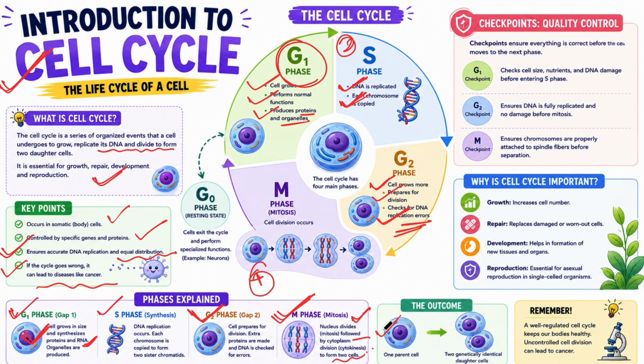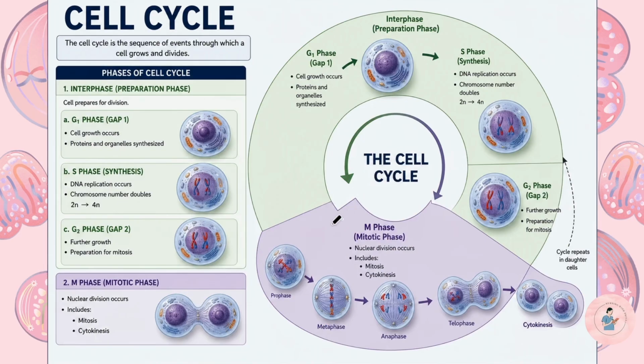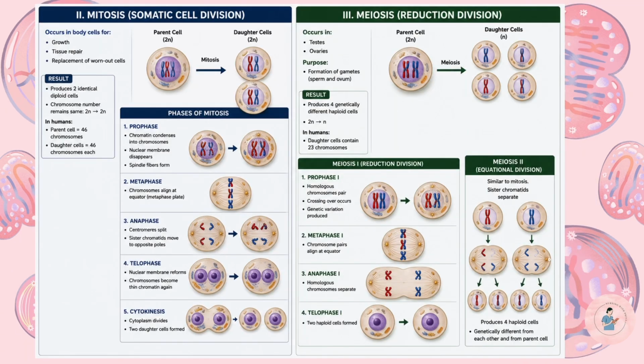The outcome is that from one parent cell there are two identical daughter cells. The first one is prophase, second one is metaphase, third one is anaphase, then telophase and then cytokinesis, ठीक है।